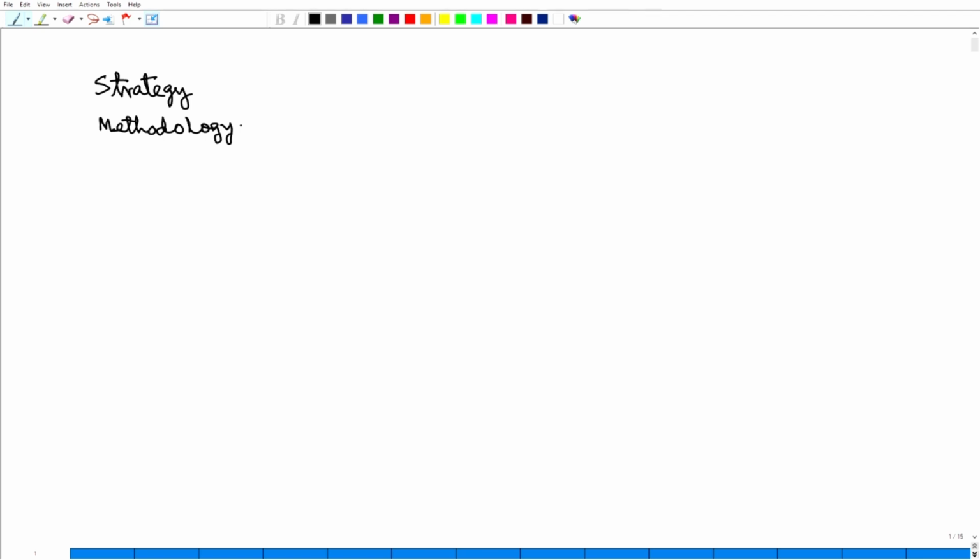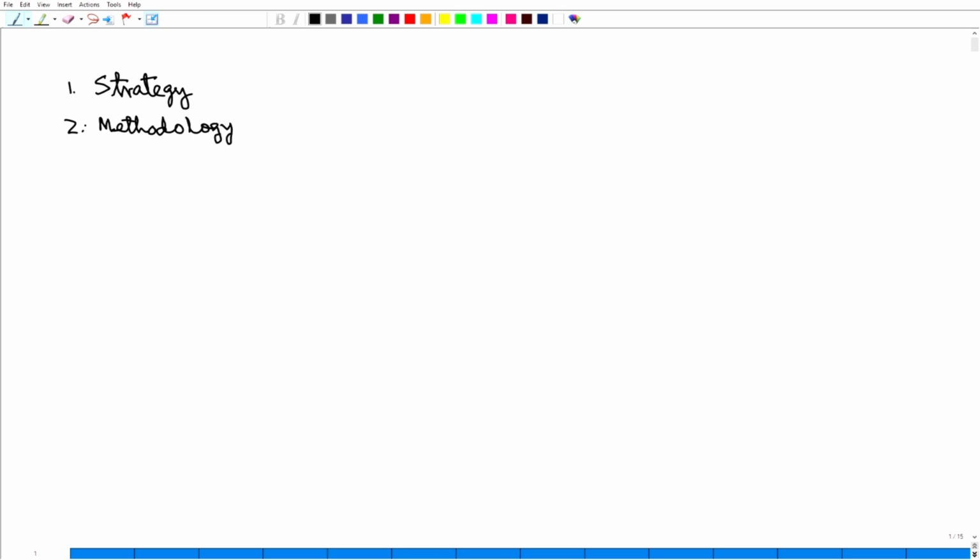I discussed that there are four strategies of synthesizing these molecules, starting from non-cyclic starting materials. So, about the methodology,